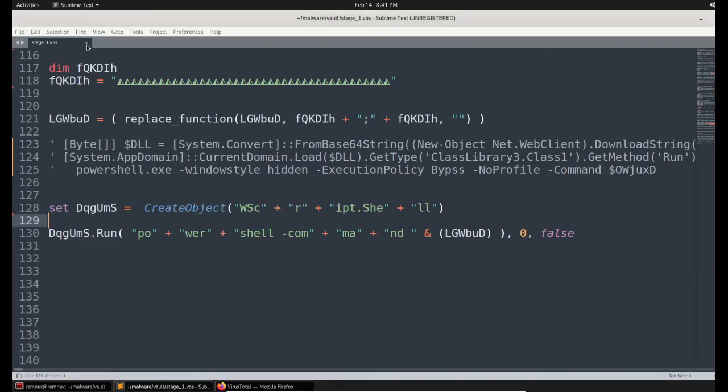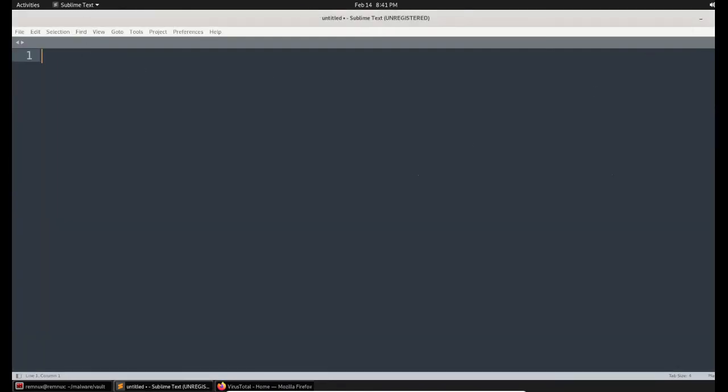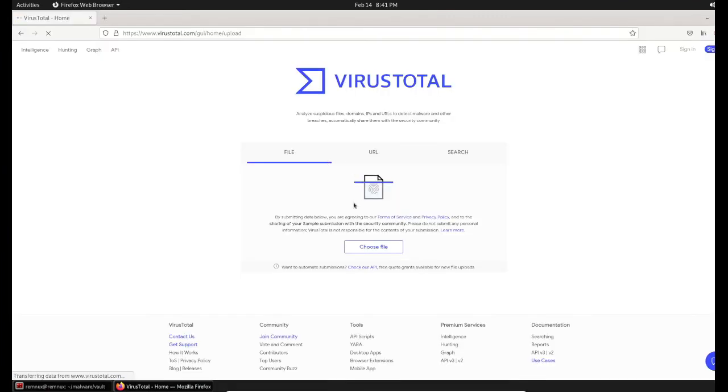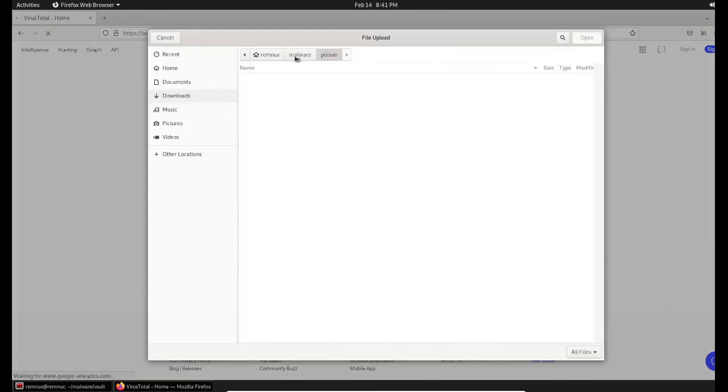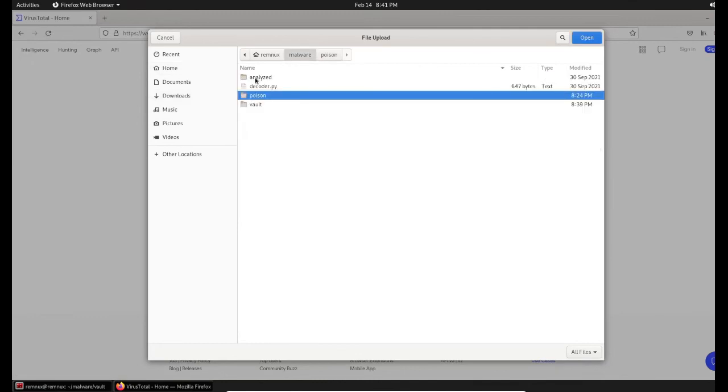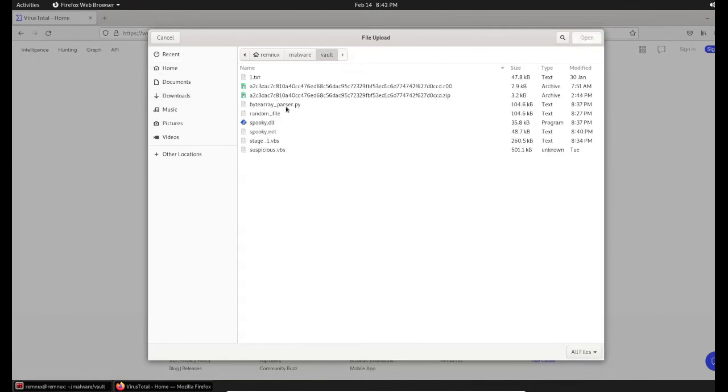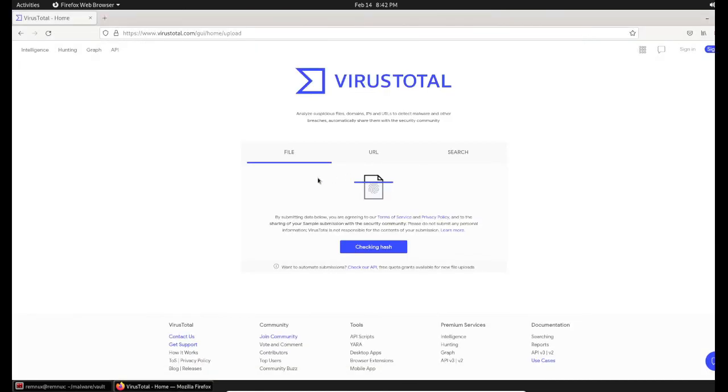So let me close this stage1.vbs. It is no longer required. And the folder is vault. In the vault, I have the spooky.dll file. So I'm loading this file.